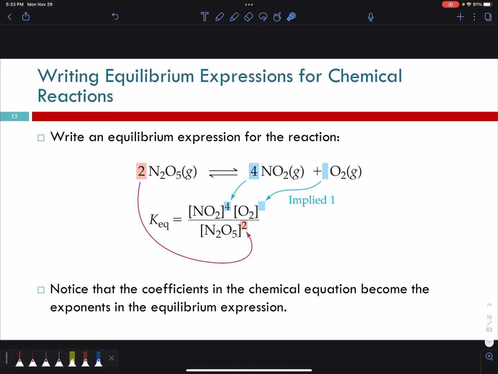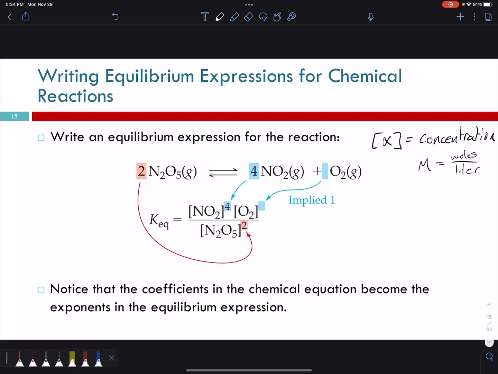So we want to write an equilibrium expression for this reaction. Right, we have 2 N2O5, dinitrogen pentoxide, decaying into nitrogen dioxide and oxygen. So we put our concentration of our products, and again, I guess these are gases. You can do molarity for gases, kind of. The brackets like this always mean concentration, and it's usually molarity, which again is moles per liter.